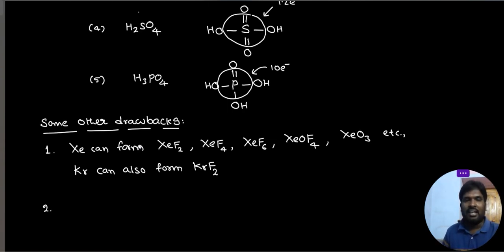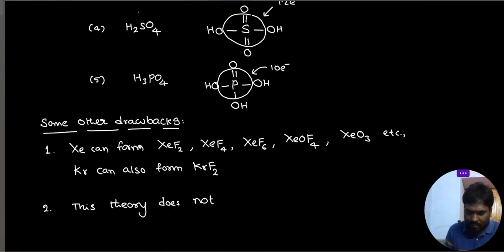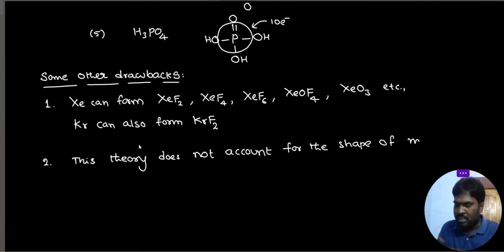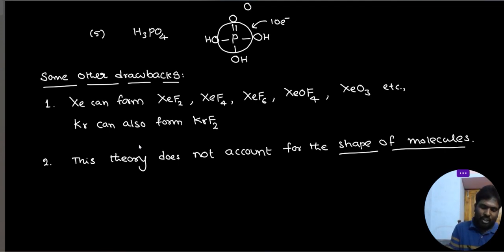Now, coming to the second one. This theory, very, very important, does not account for the shape of molecules. Simply, this theory could not explain the shape of molecules. Very, very important point. And it does not explain